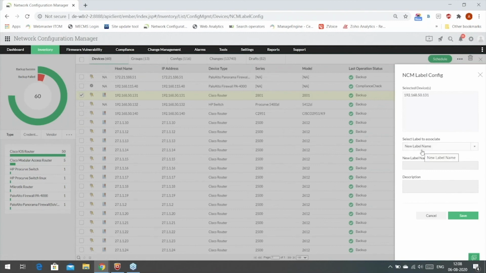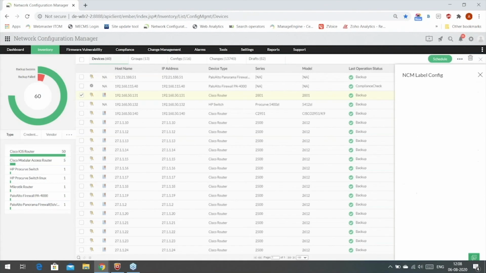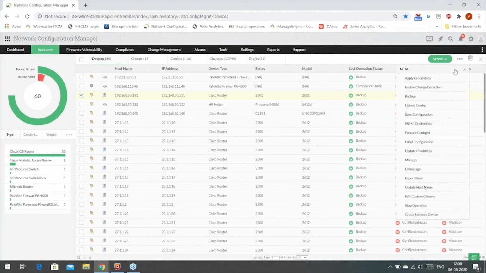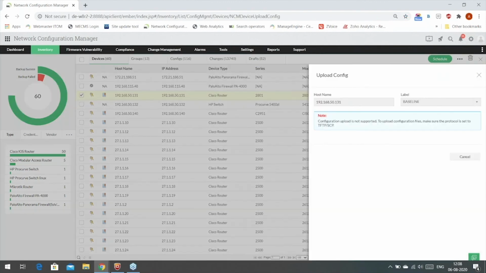So anytime something goes wrong with the network because of configuration change in that particular device, I can upload the baseline configuration there. So here I can select baseline. And once I click on save, the current running configuration of this particular device will be saved as its baseline version. Now, whenever there's a network data breach or whenever there's a network outage due to this device, all I have to do is select the device and upload the baseline configuration. So all I have to do is click on the upload configuration here, select baseline, and since the current protocol here selected